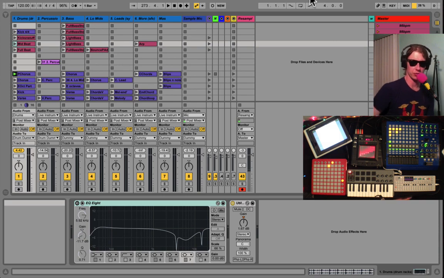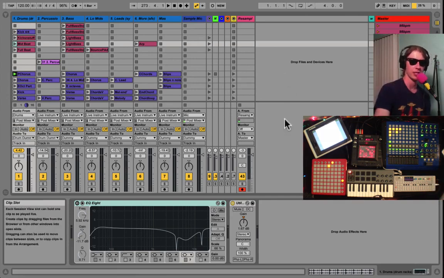Okay, before we get too far ahead, one thing we definitely need to talk about is MIDI mapping. MIDI mapping is the process of taking one of your controllers, a knob, a fader, or a button, and mapping it to a control on Live's interface. So, for example, we've got our drums here, right? First thing we need to do, we're going to put an effect on there and MIDI map it to some